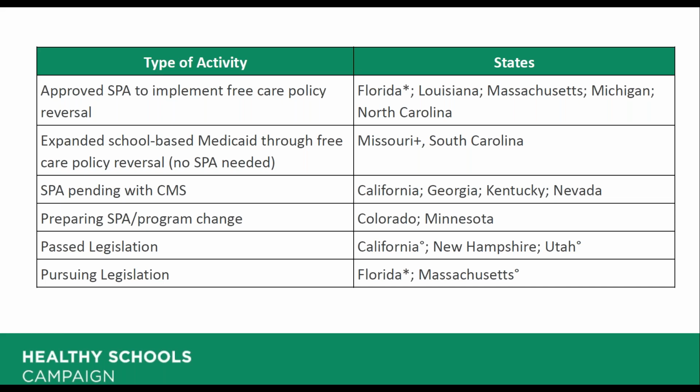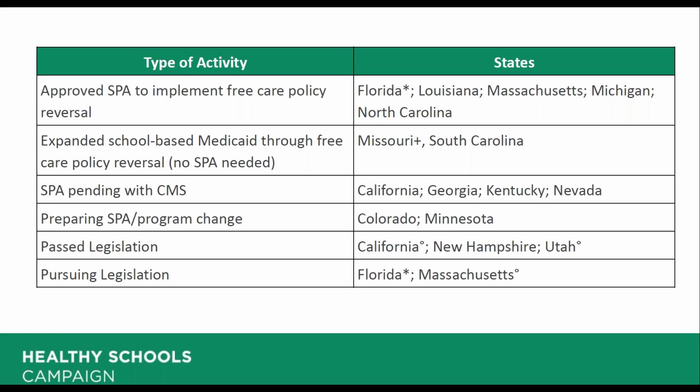Massachusetts and Michigan are really nice examples of states that have taken broader approaches to this change, recognizing schools as another site of service and allowing eligible providers to deliver any medically necessary service. I'll talk a little bit more about Michigan in a moment, but they also really took it as an opportunity to add a number of additional providers that are delivering services within their schools. And I mentioned North Carolina added vision services as well.